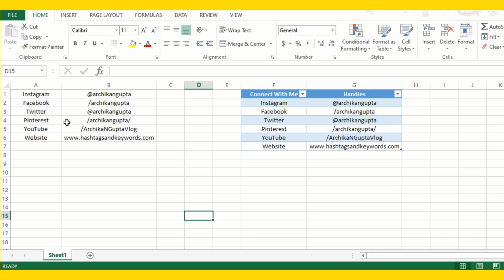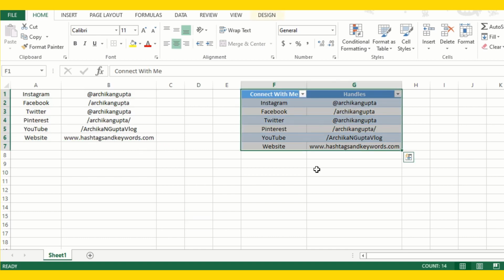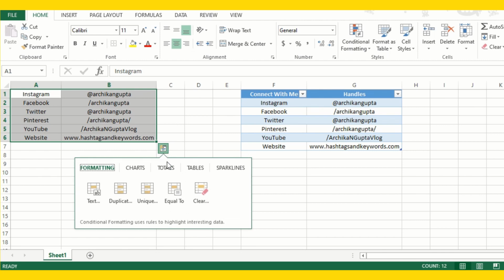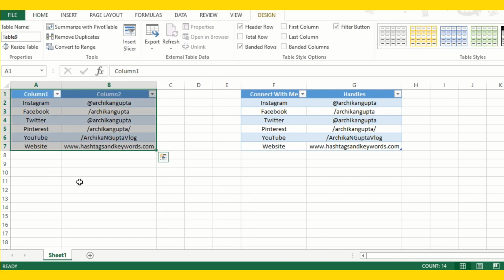Okay, so let's take a look at how you can convert your ordinary looking data into a beautiful table in Microsoft Excel. So to do so, once you're done populating your data in your columns, all you need to do is to select the specific area or the cells that you want to convert into a table. As soon as you select all your cells, this little icon will appear at the bottom right corner of your selection. You need to click on it once, and then from here you need to click on this tables, and then you need to click on table